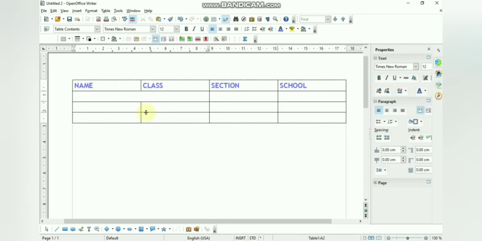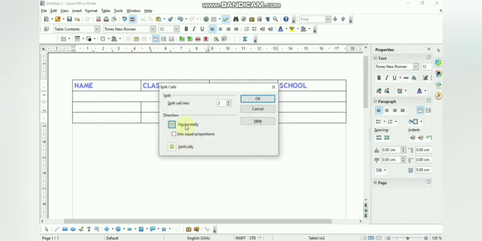Okay, then similarly we can also split. That means just the opposite. Okay, now one cell will be divided into two or more table cells. So similarly you have to select the column. Okay, and then what you have to do is you have to click on split cells, and you can see horizontally and vertically. So how you want, you can specify here into equal proportions.